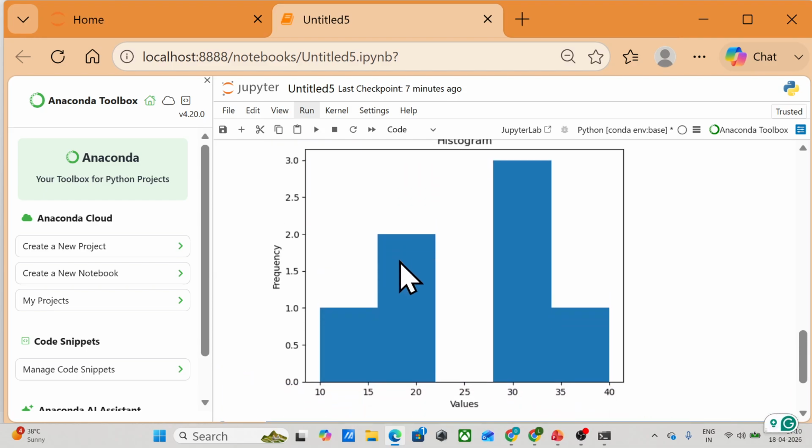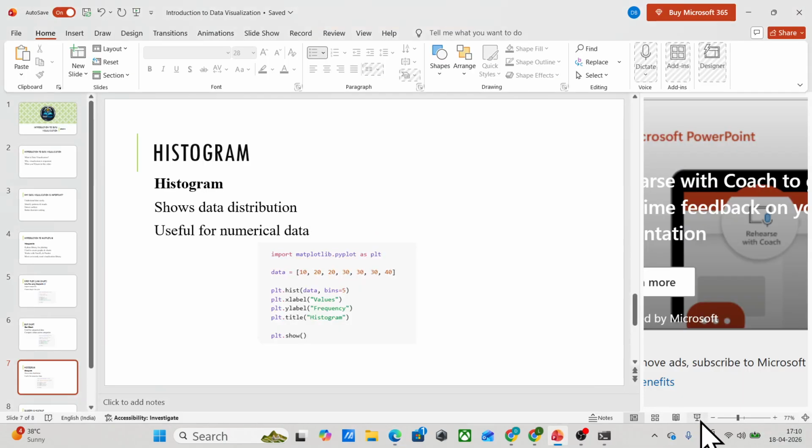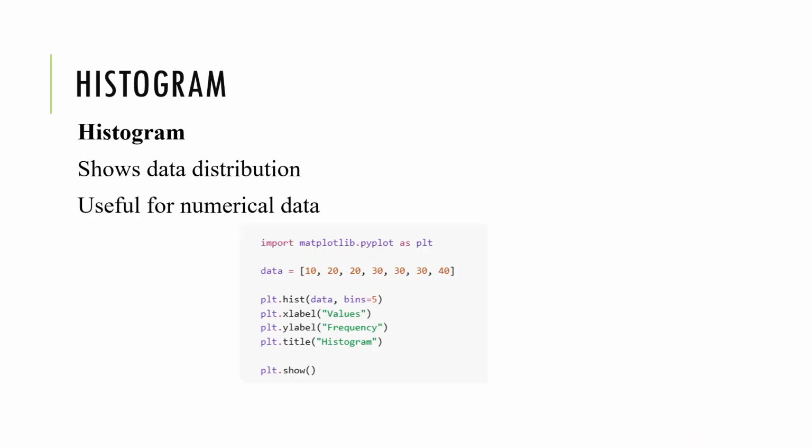Now we can plot and see what we have got. This is our histogram. You can see here, we have also plotted the histogram. This graph basically shows how many values fall into each interval, and histograms are very useful for understanding the spread of data, which is important in machine learning. So whenever you get a new data set, you can plot these histograms for a better understanding of the data.